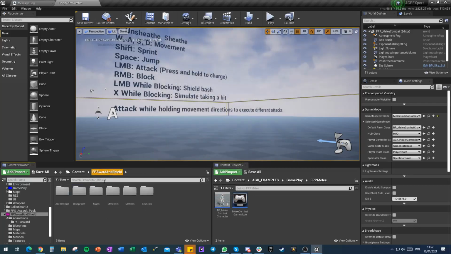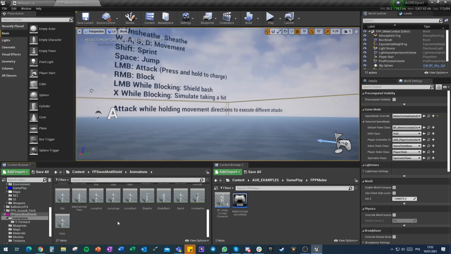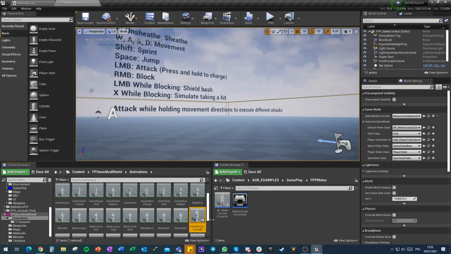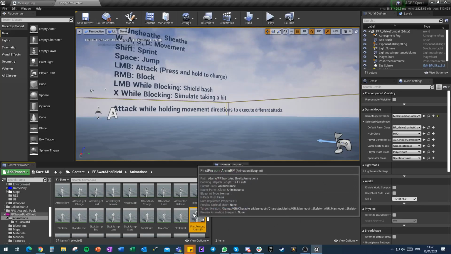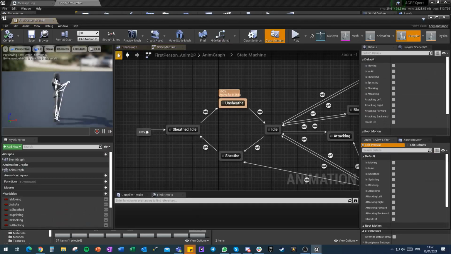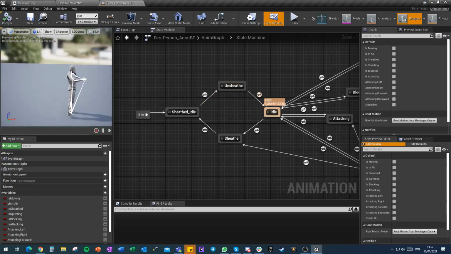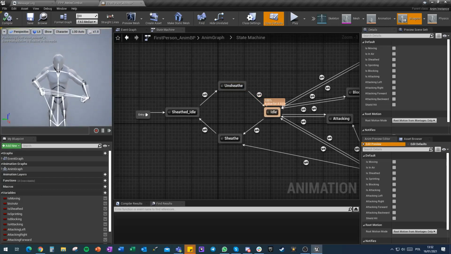Okay, save it. Animations, and we should have animation blueprint in here. There it is. Okay, so now it should retarget to our mannequin and our AGR mannequin. So we can see the sword and shield animations